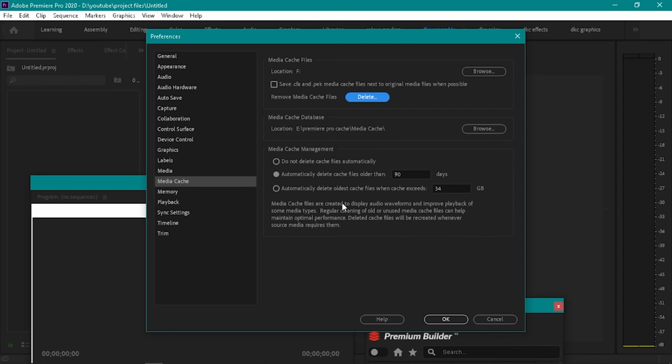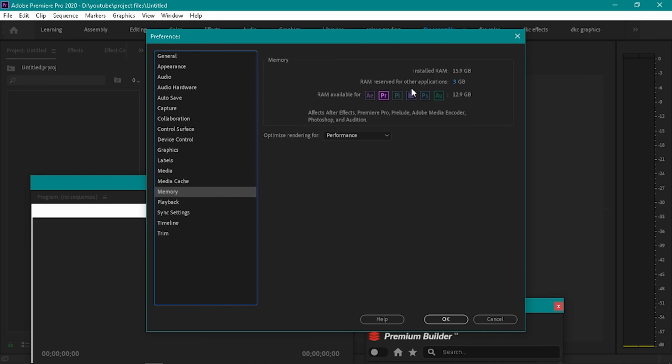One more tip for you guys is, so I deleted all the media cache files which are unnecessary for my system and Premiere Pro. Another tip for you guys is go for memory and check whether the RAM reserved for other application is released. In my case I have a 16 GB RAM, so I will try to keep as much as possible for availability for Premiere Pro and other applications. So it will be 14. So I will reduce it. So 3 GB is the minimum required reservation for other applications. So I have 12.9 GB of memory, and it increases the speed because